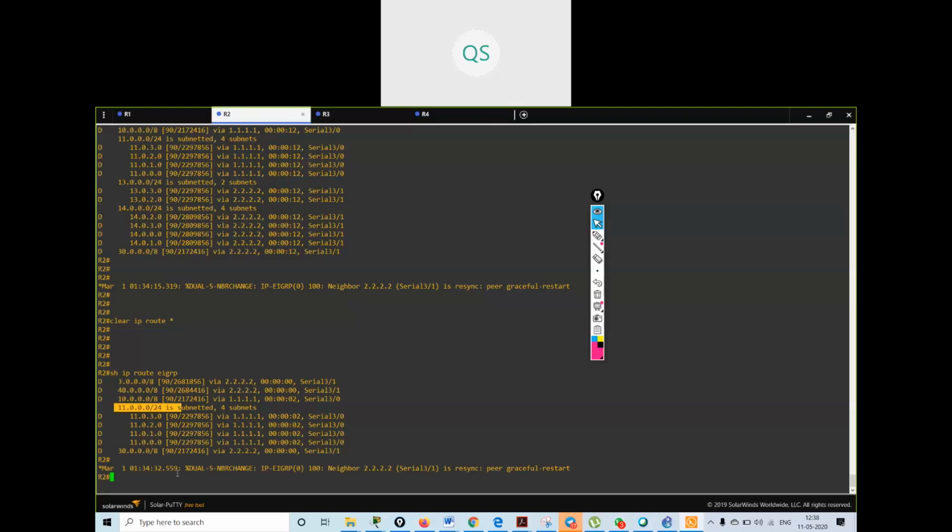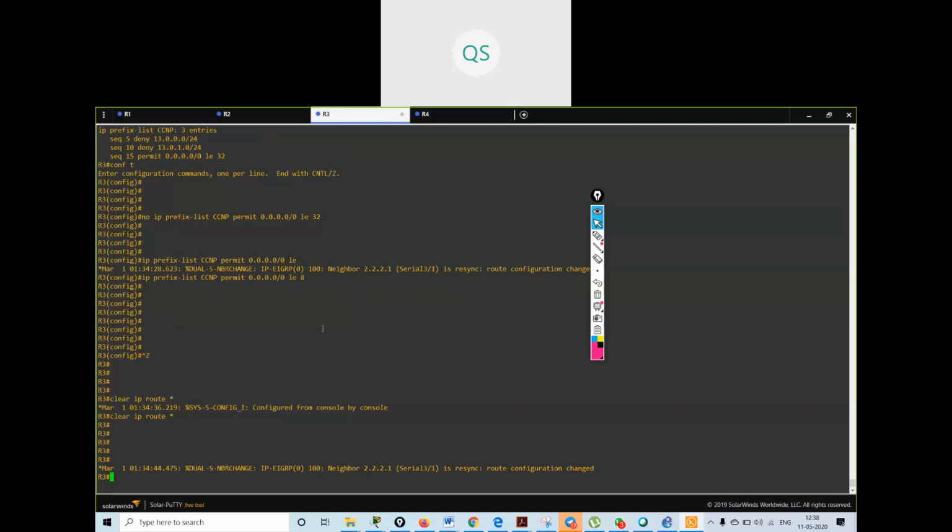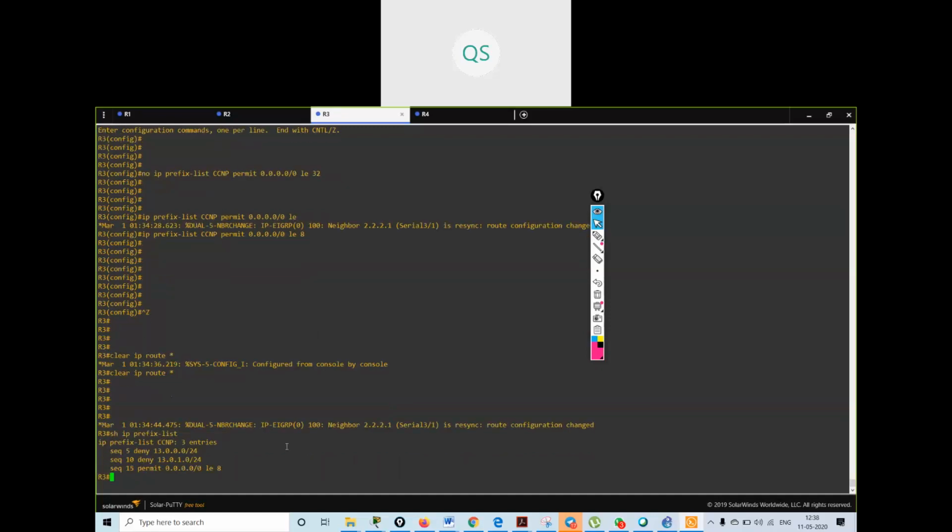So in this, you can do as per your requirement, whatever requirement you have, you can configure all the things as per your requirements. Understood? So this is prefix list. Now if I go over here and see the prefix list, what I give is permit all other routes.